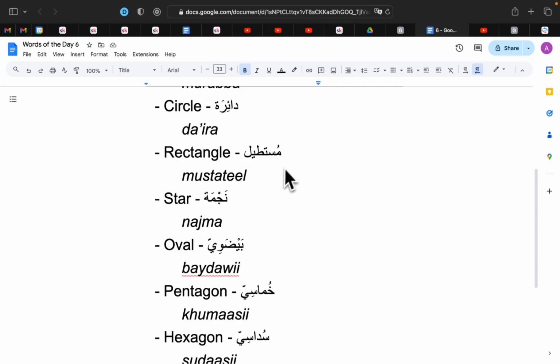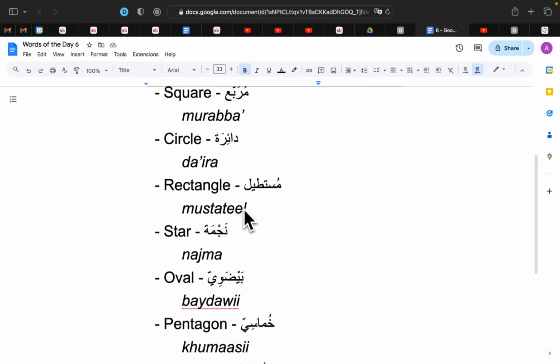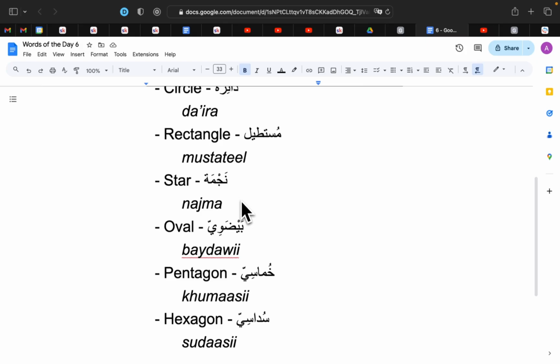Rectangle, mustateel, comes from tada, which is something has gone on for too long, because the rectangle is a stretched out square. Star, najma,